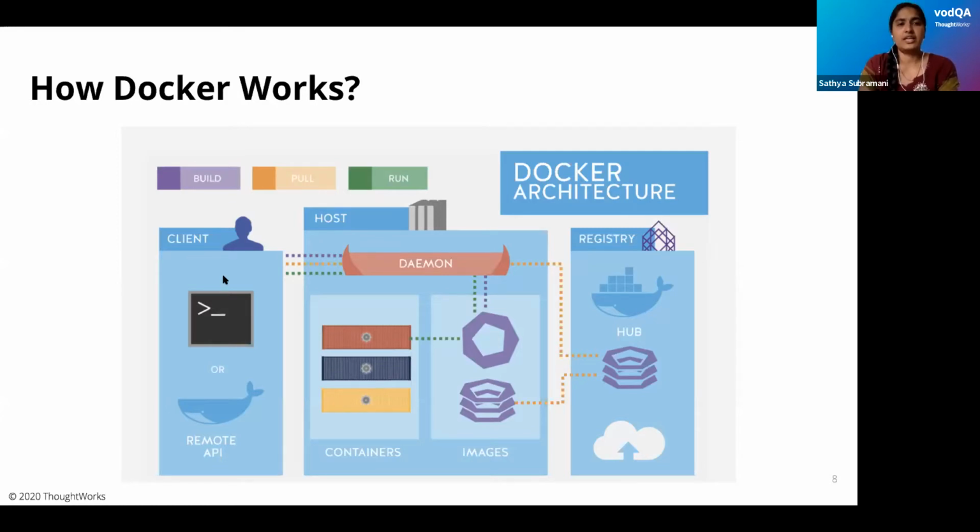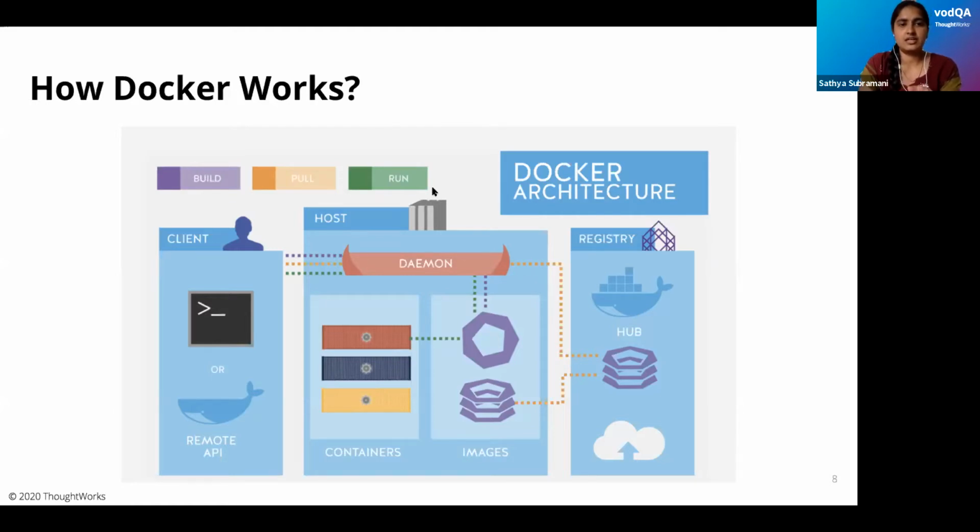The client is like a terminal which the user uses to interact with the Docker daemon. The Docker daemon accepts the API HTTP request, processes it and sends the result to the user. And the registry, as we saw, is a hub where we store the images.